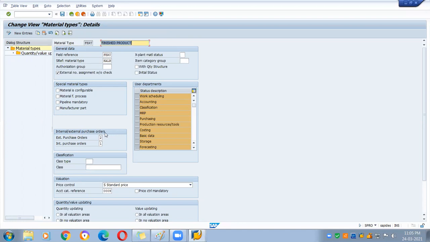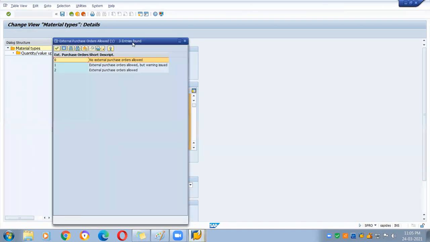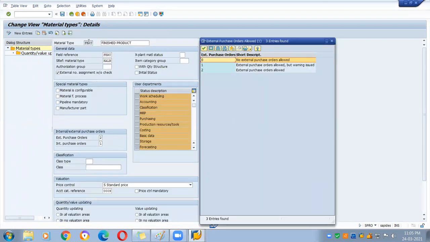So internal and external purchase order. Right now it is providing me an option where I can select this at a material type level directly. So for the material type, I can set that external purchase orders are allowed. That means you can go for external procurement with any vendor.